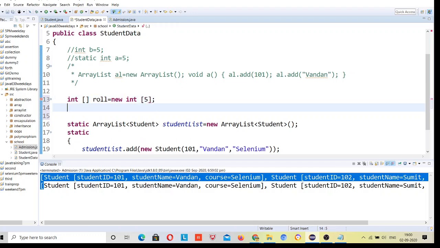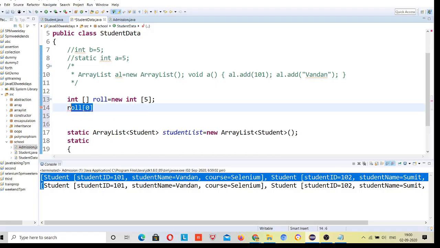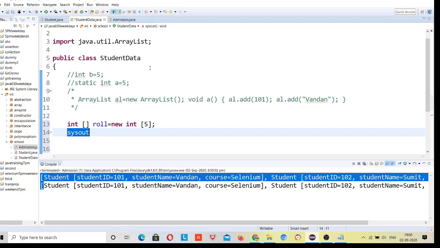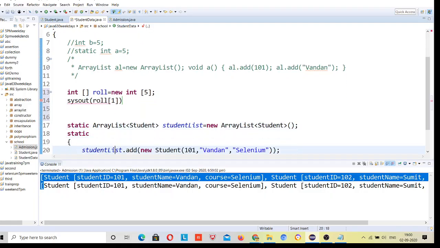If you want to access the 0th index data, you write roll[0]. If you want to print the first index data, you write System.out.println with roll[1]. This is the way you do it.